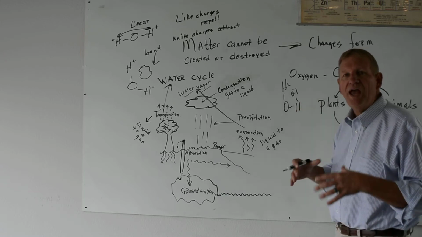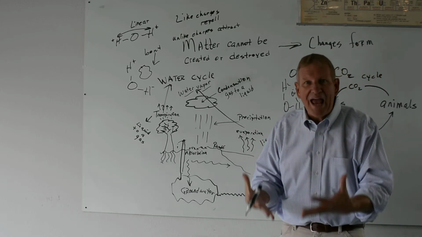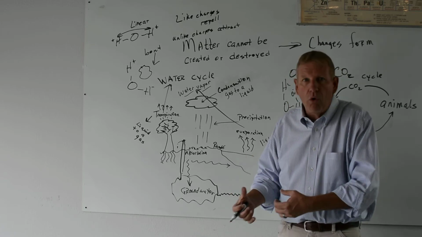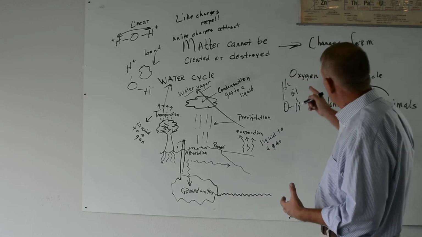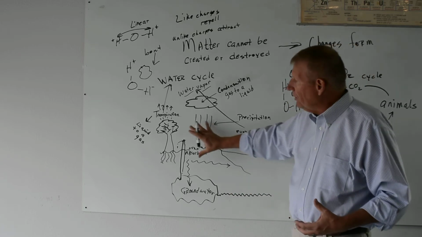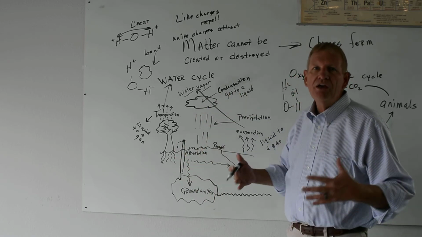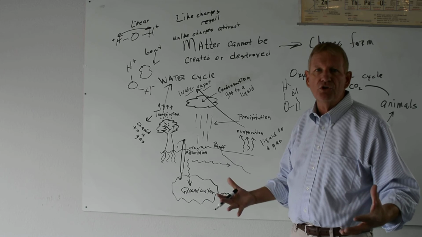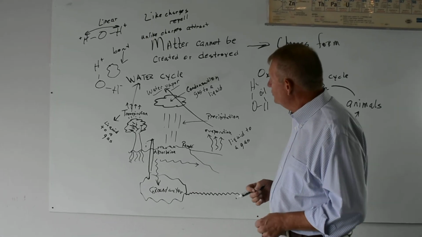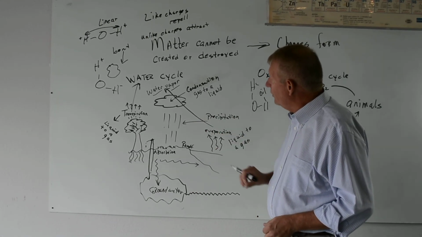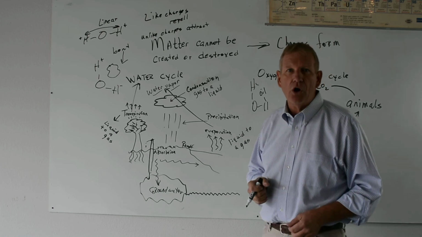Oh. So if we have grease in the water, or we have gas in the water, or we have oil in the water, anything that can't vaporize, then the water is frozen and it's sealed out of the water cycle. So environmentally, that's why we're so concerned about our water. Okay? So we're going to stop there with the water cycle, and we'll pick up with the oxygen carbon dioxide cycle.